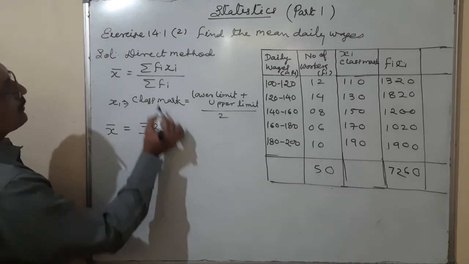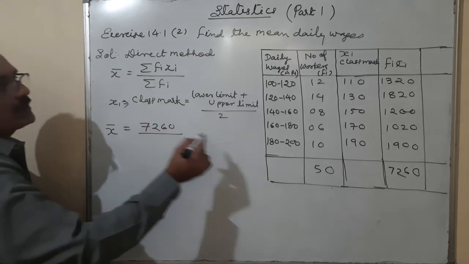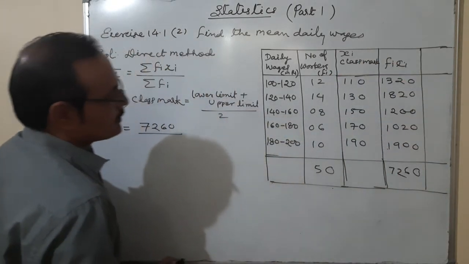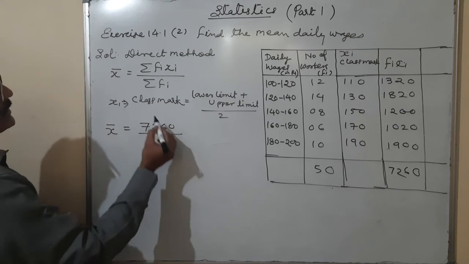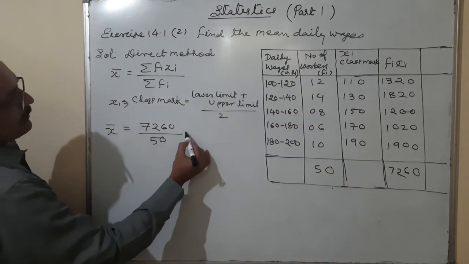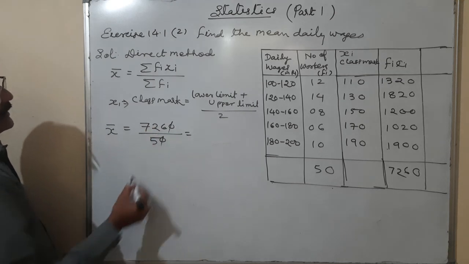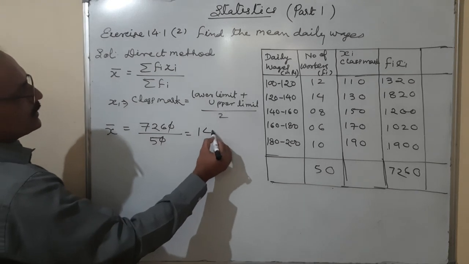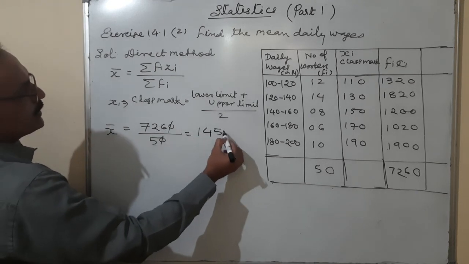7,260. Because what does summation mean? It is the sum of this column. Okay. 7,260 upon summation fi, that is 50. So 1 0 cancel. You can cancel it by 5. 5 1s are 5. Here is a 2. 5 4s are 20. Again 2. 5 5s are 25. 5 2s are